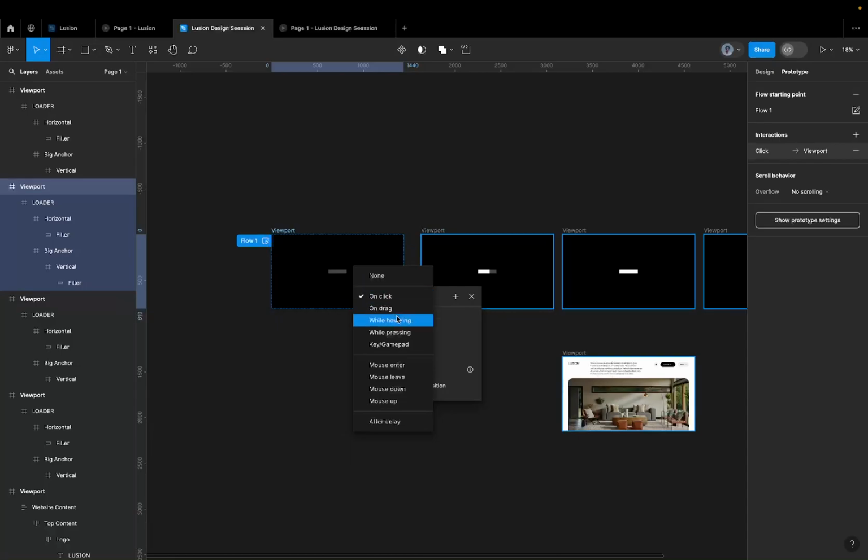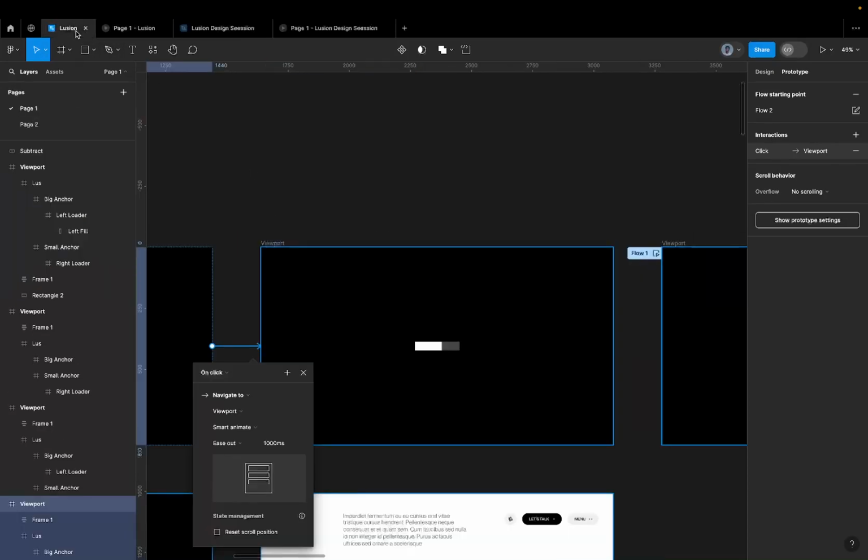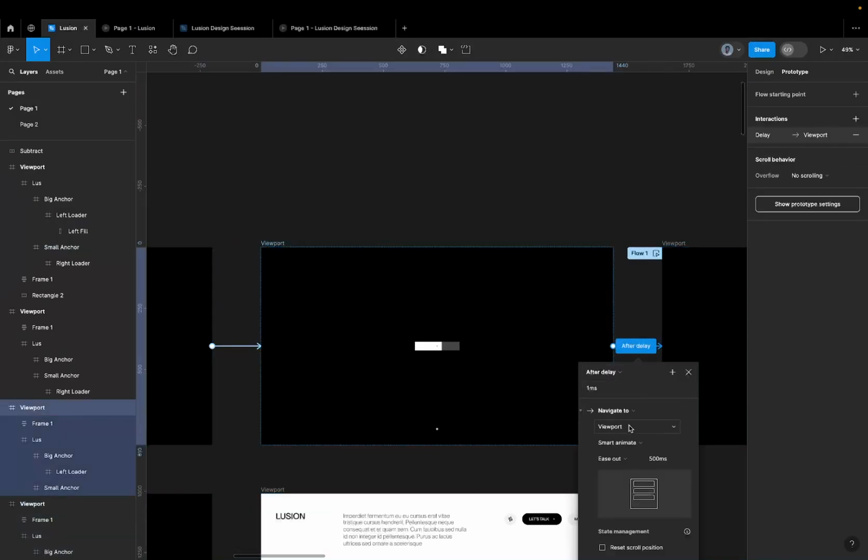So for this one, let's just set the trigger to on click. Then the animation type, I don't know if it's called animation type, to smart animate basically, and then we'll change it to ease out, I think that's the same thing, and then 1000. Let me be sure it's ease out I used here. Okay, ease out, cool. So here, from this one to the next one, after delay, and then ease out as